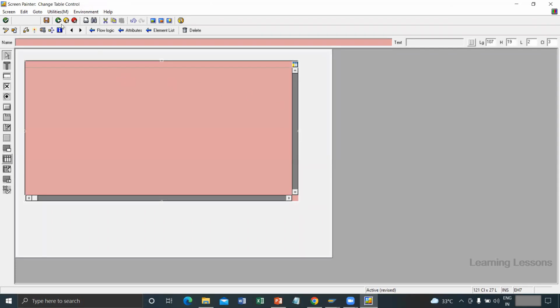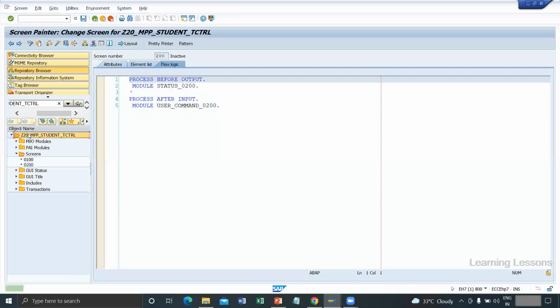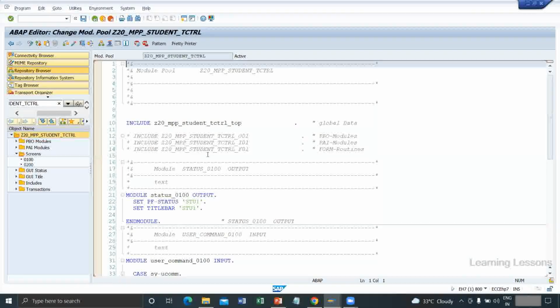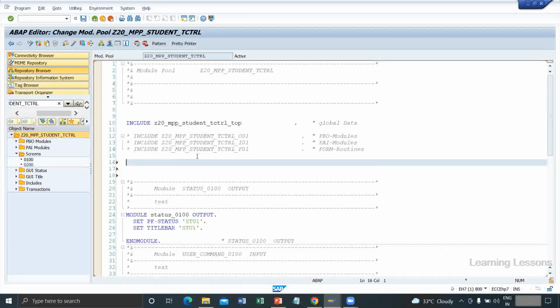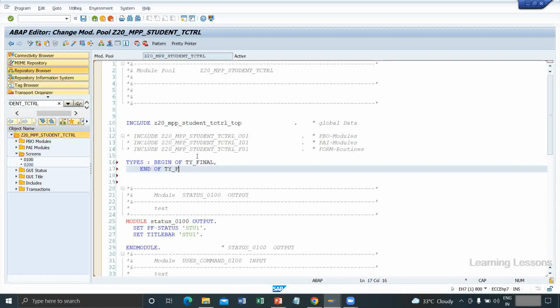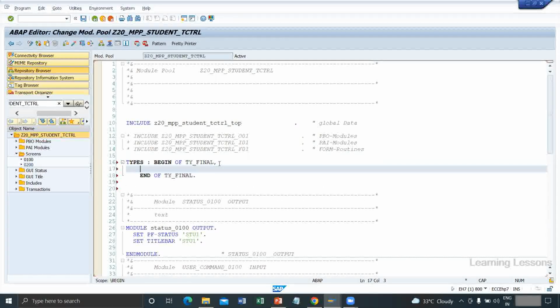Now we have to extract the fields, the columns. For that we have to declare some code. I'll go back to the flow logic, then go back to the main report. We can also create a top include, or we can create it here. I'm just creating it in the main report only. I'm creating one structure: types begin of ty_final and end of ty_final. In between, I'm creating one field from